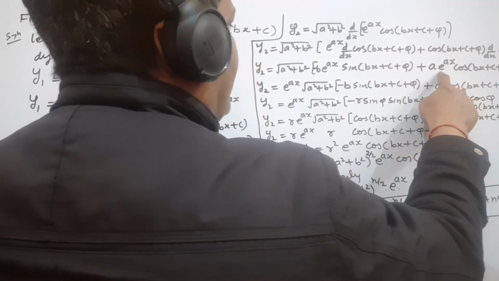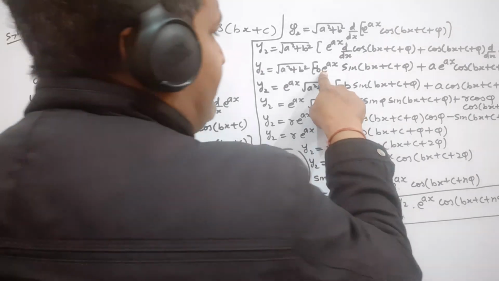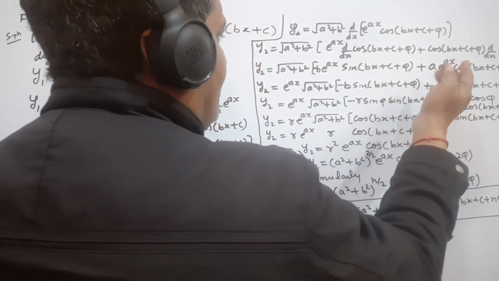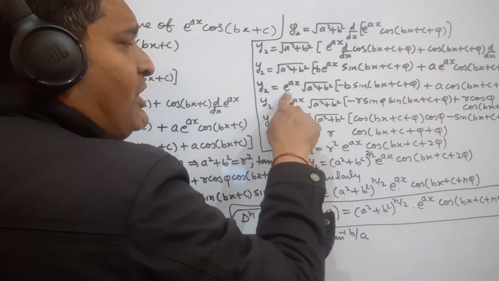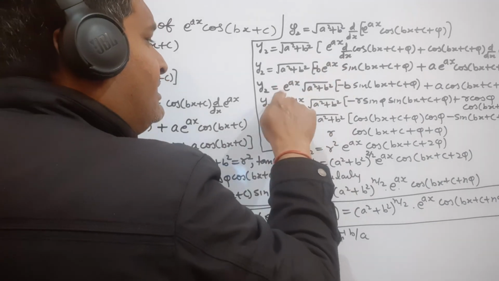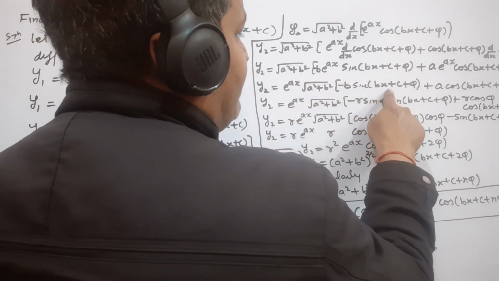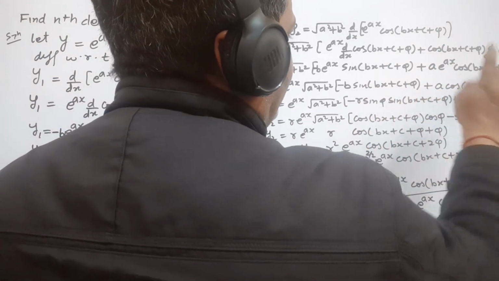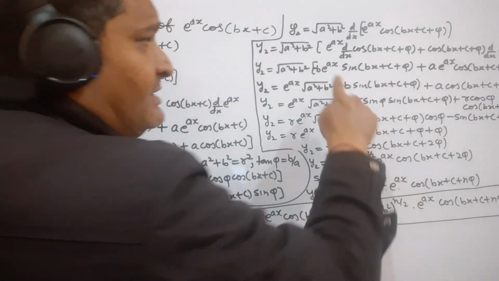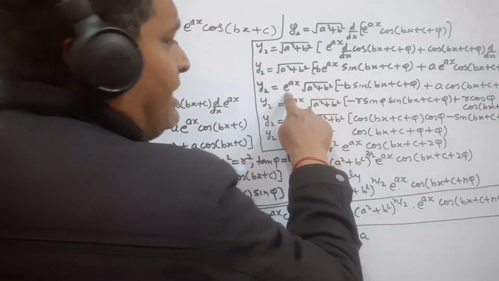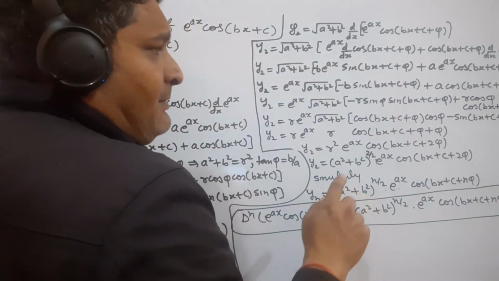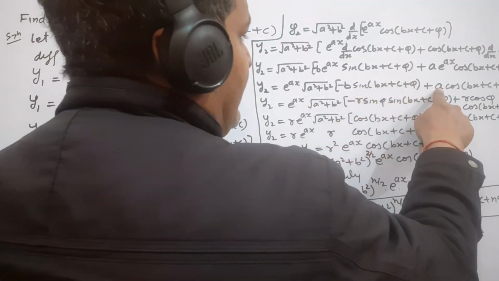Here differentiation of e to the power ax is a e to the power ax. Now this e to the power ax is in both the terms, so we take common e to the power ax and we write this outside the bracket, so here minus b sin bx plus c plus phi plus a cos bx plus c plus phi. आप देख सकते हैं e की पावर ax इसमें कॉमन हो गया और बाकी ये बच रहा है. अब now we put value of b and a again, here